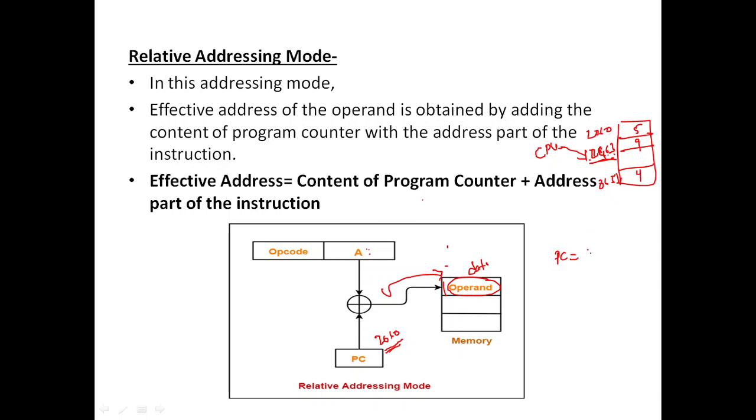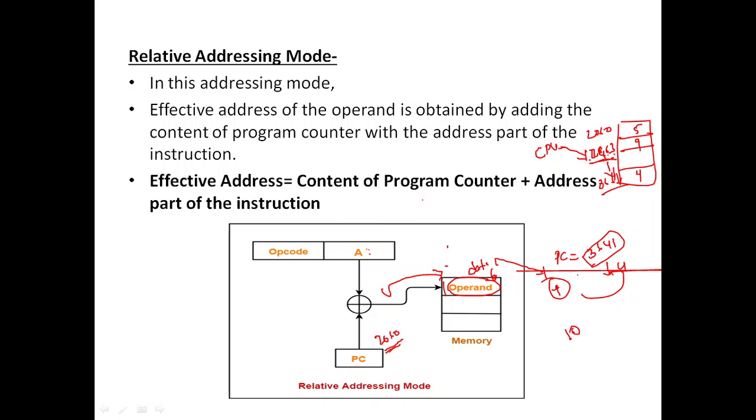Now the program counter holds the next instruction. So what is the next instruction? This one, 3641. Also, what is the data in the 3641? We are going to have the data 4. So here this 4 is added with the data. Here 6 is there. 6 and 4 get added. Now the data is going to be 10.